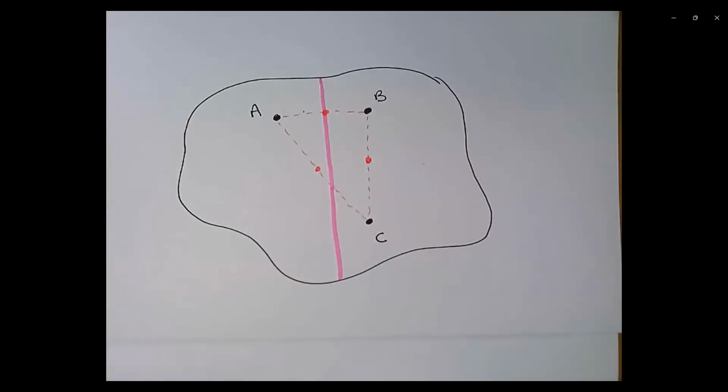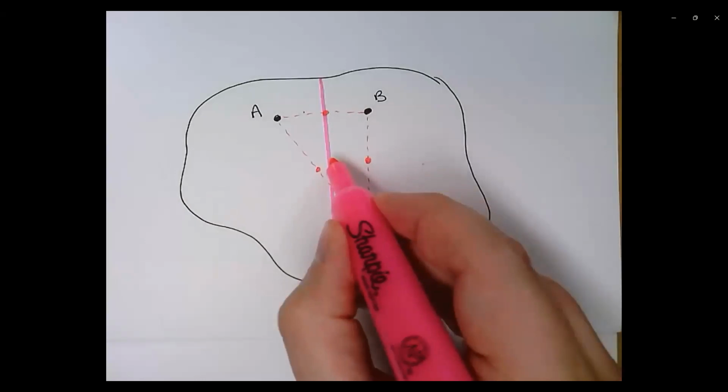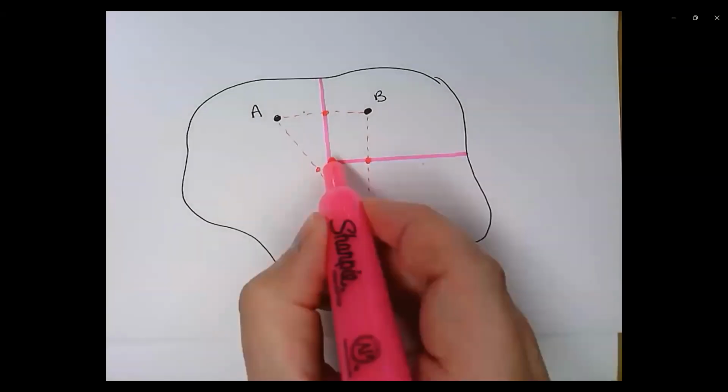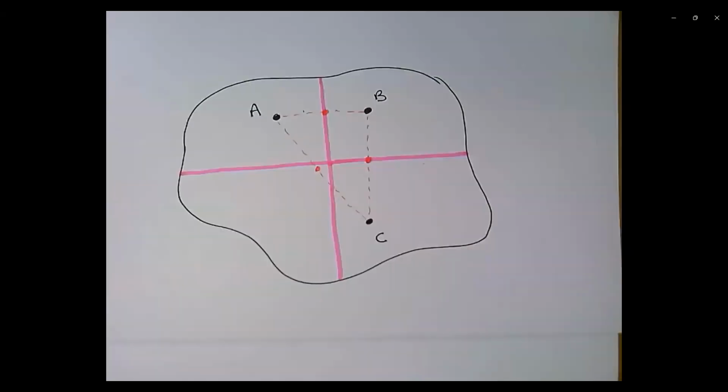What we can do though is also look at the relationship between B and C. And I'm just going to draw a perpendicular bisector there. And even though I know it's not going to be used, I'll carry it on over to that left side. And again, anything above that line that I just drew is closer to B. Anything below that line is closer to C.